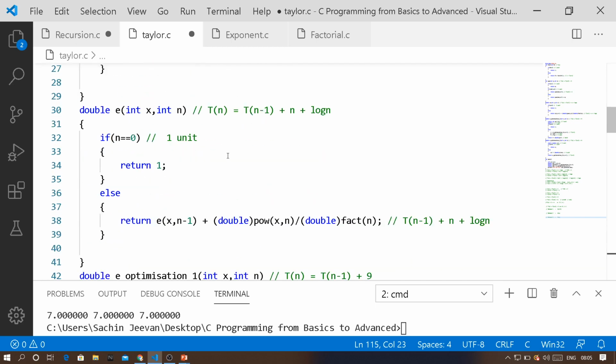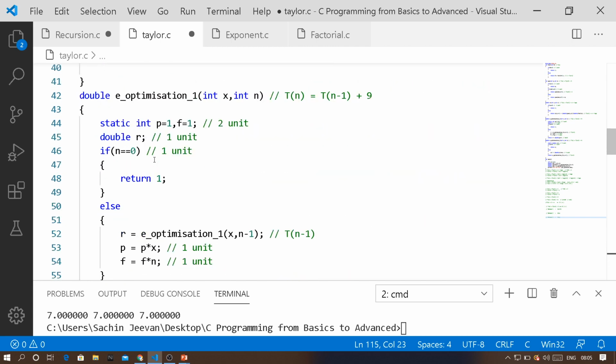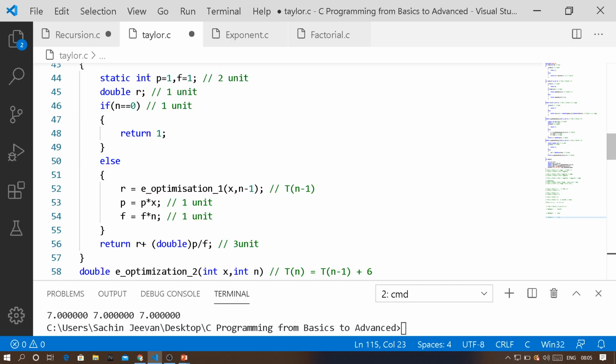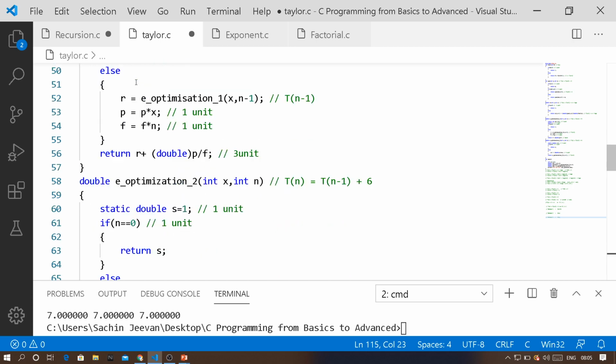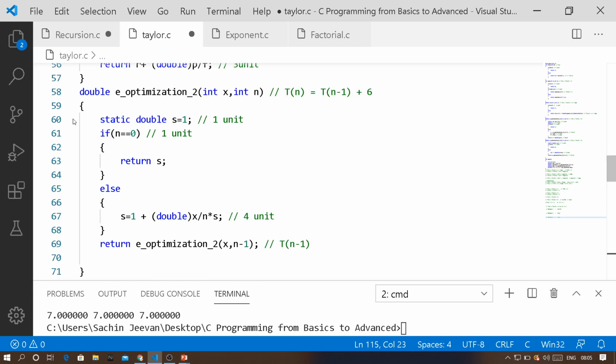So automatically the time complexity of the first method is order of 1. Space complexity, sorry, the space complexity of method 1 is order of 1. Coming to your second method, here we are taking only 3 new variables, which is 3 units of space. 3 units of space means constant space, which is again order of 1. Coming to the third method, we are taking only one variable, which is again a constant unit of space.